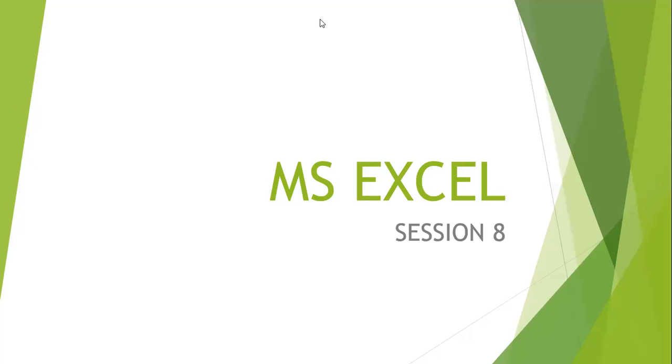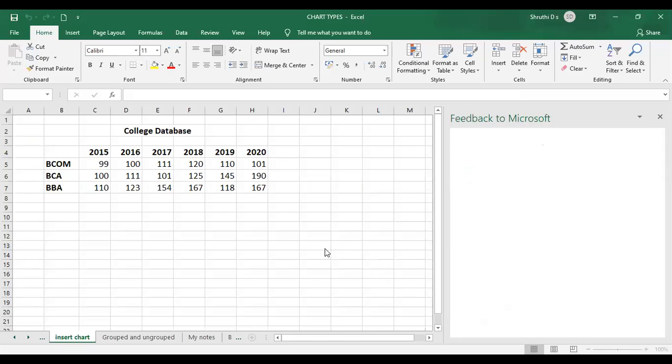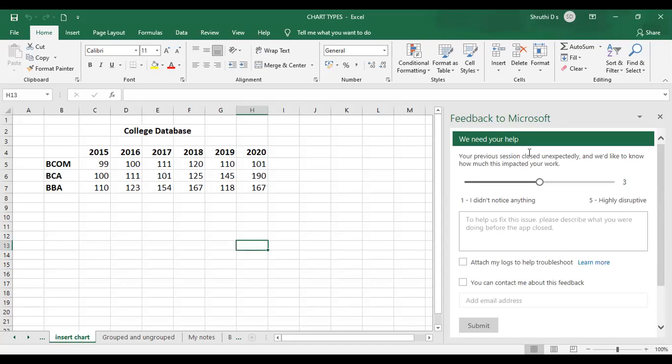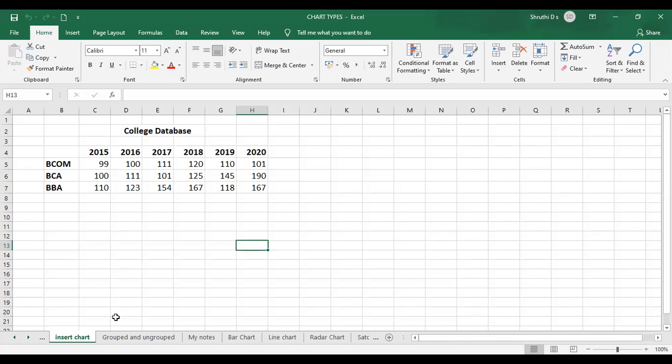So now, we already have seen the insertion of chart, right? So just drop me the shortcut for insertion of chart into the same sheet. Can anybody tell me the shortcut for insertion of the chart in the same sheet?